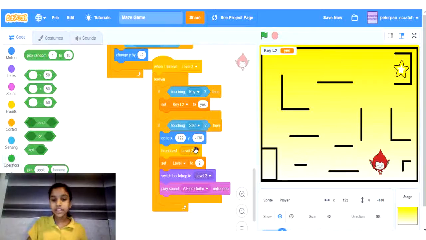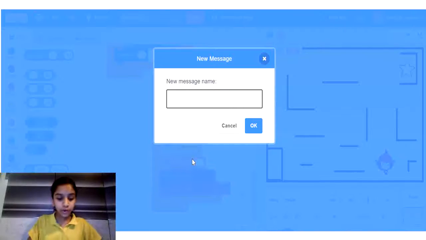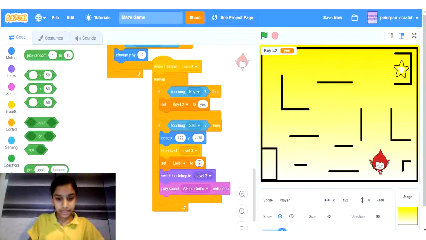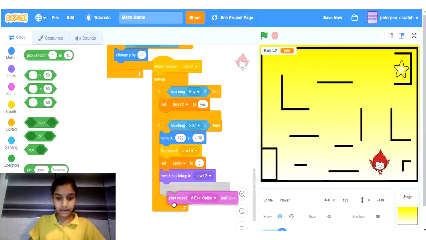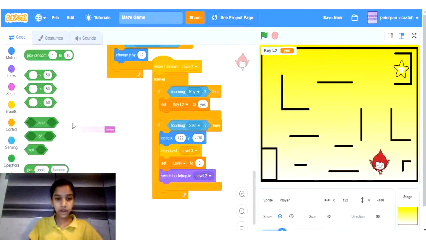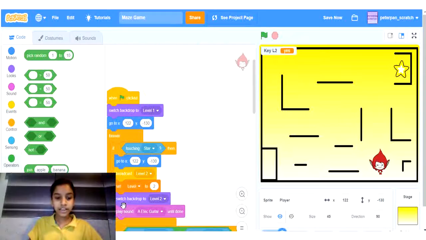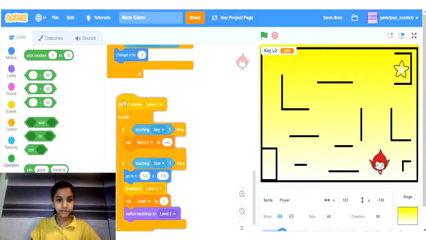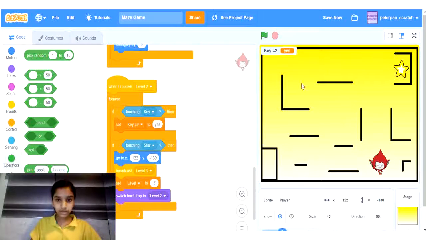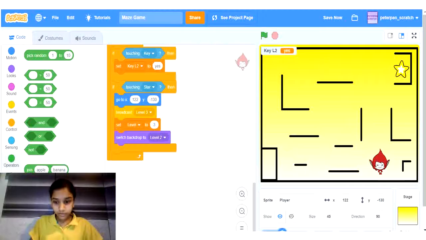Now as the person has passed level 2, we'll broadcast a new message which will be level 3. So and then set level to 3, switch backdrop to, we'll make another backdrop. And then actually I'm gonna remove this play sound because we already have a background music and then there'll be too many sounds. Just clean up the blocks. Yeah, and then in the star,